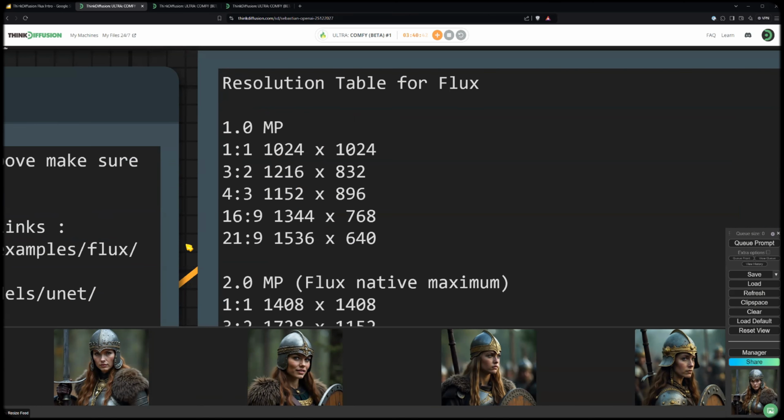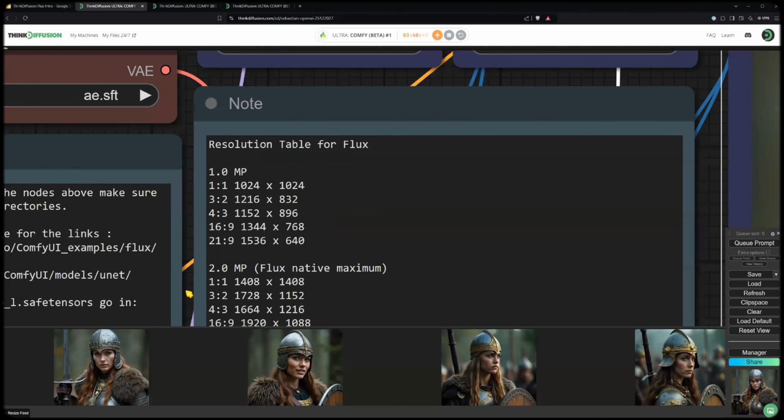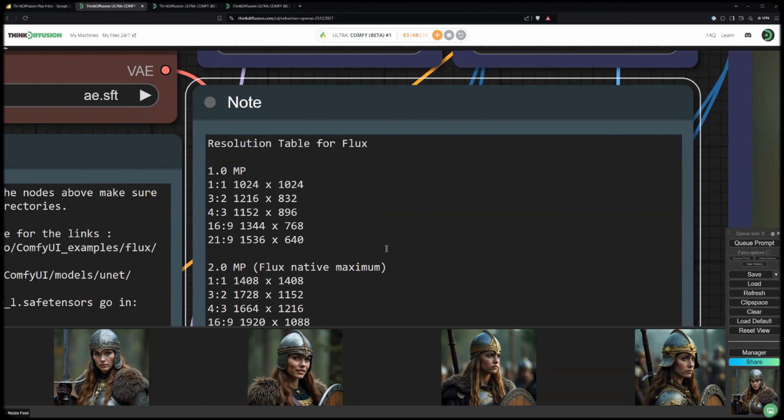Now you can go up to 2 megapixels. In this case, it would be 1408 by 1408 for a square image. And you might think, oh, I'm going to get a lot more detail. Sure, you will. But as it's natively trained for 1024 by 1024, the results will be better in 1024 by 1024.